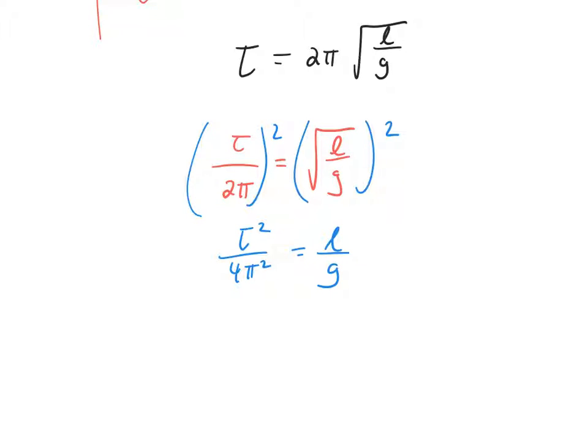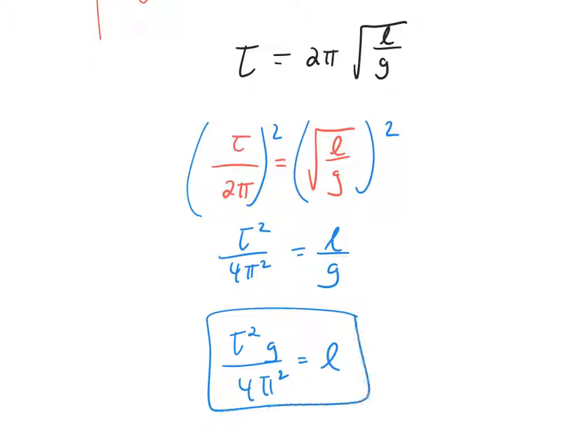Multiply by G, we get tau squared G over 4 pi squared. That would be the length of the pendulum itself. Or you could solve for G. How would I solve for G? I would just take G right here and flip it with this entire thing. Take the entire fraction, move the entire fraction into the denominator, move G up here into the numerator, and you